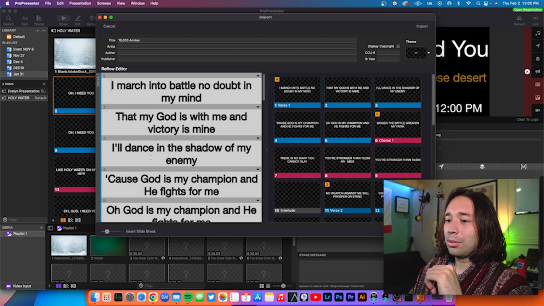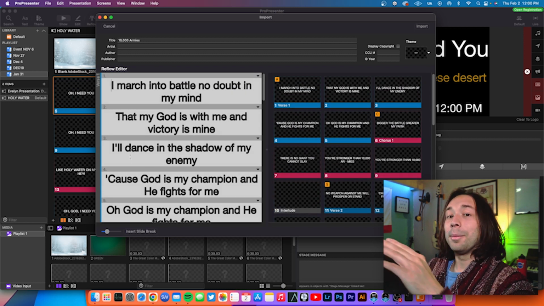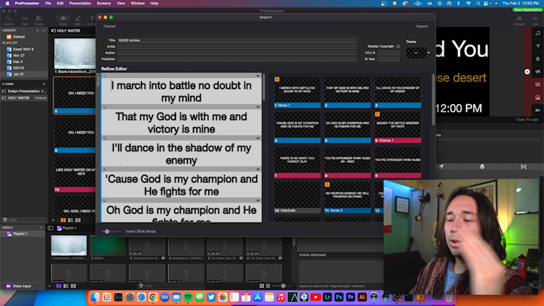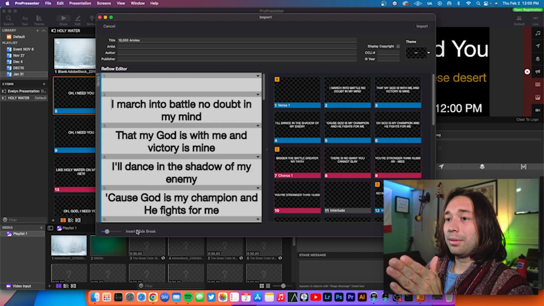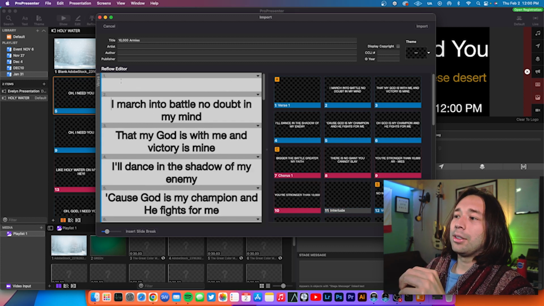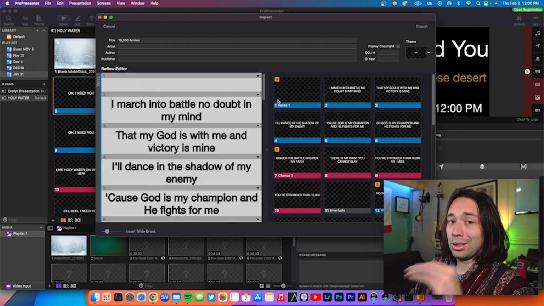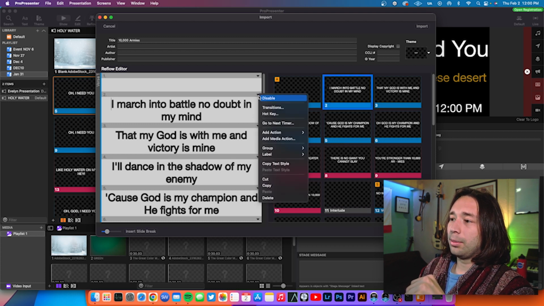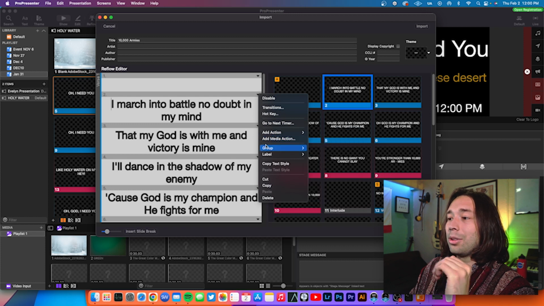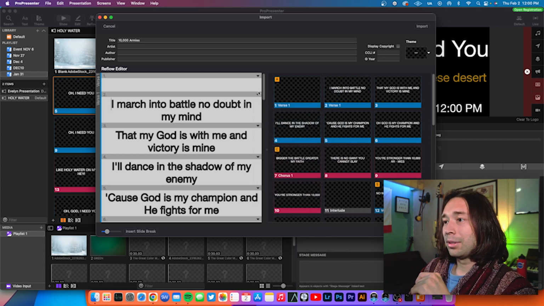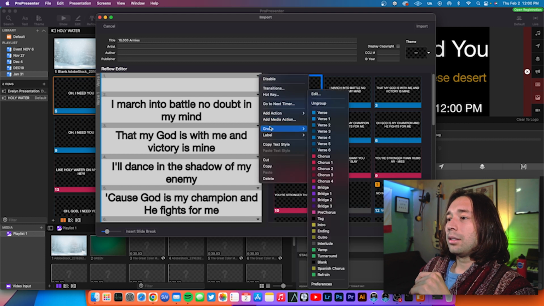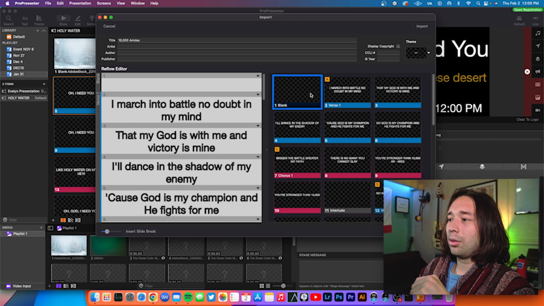Then we go here. We want to do another slide break, but from the very, very front. There should be no character to the left of it. You want to put a new slide break from the very beginning. But now it's thinking that this is part of verse 1, which it's not. So we need to go to the one above the one where the actual text starts, and group that as verse 1. So now it believes verse 1 starts there, and then you group this as blank. If you don't do that, what's going to happen is that this whole section will